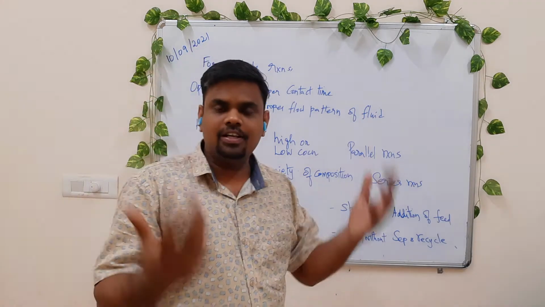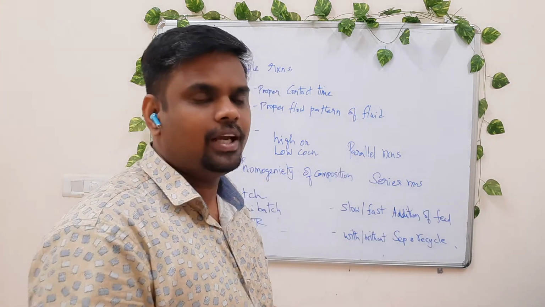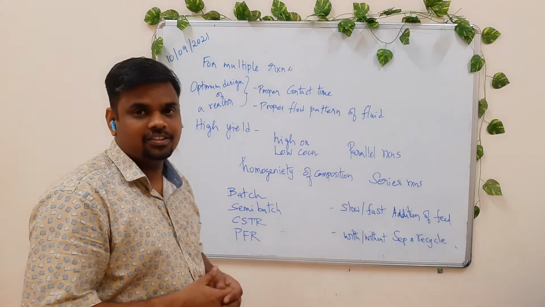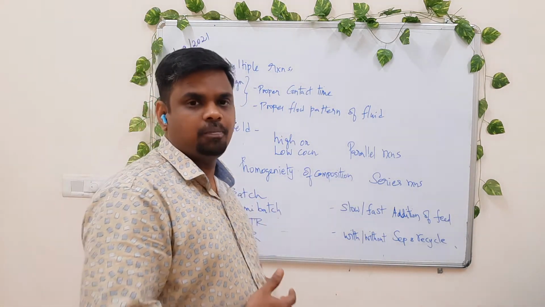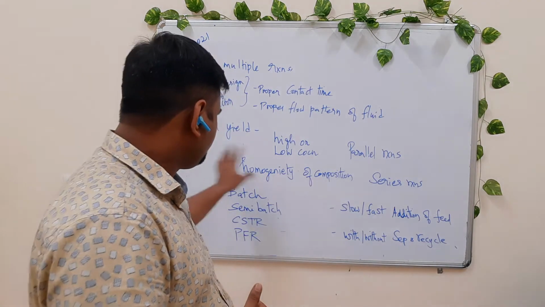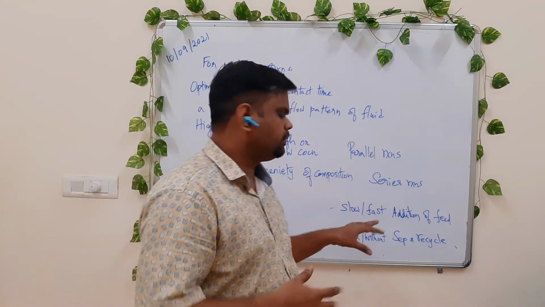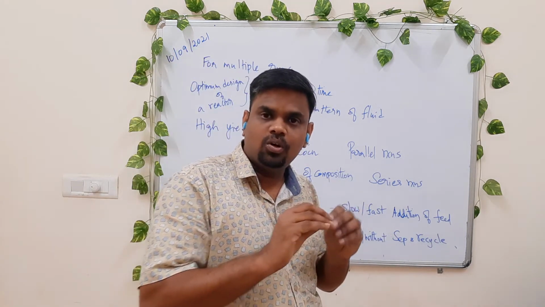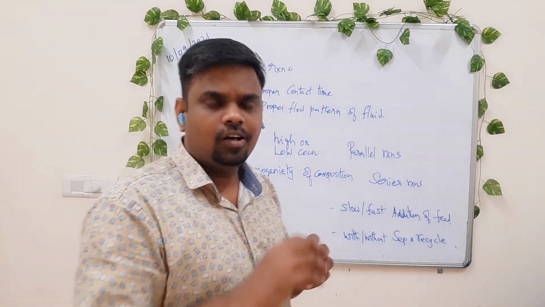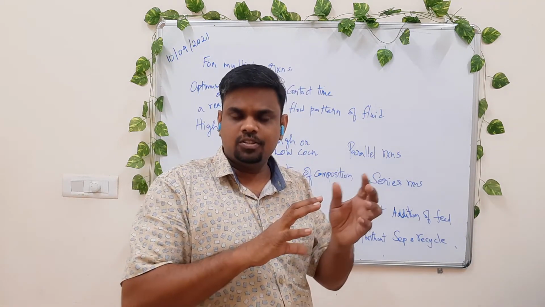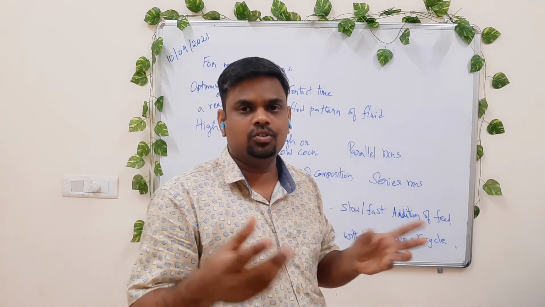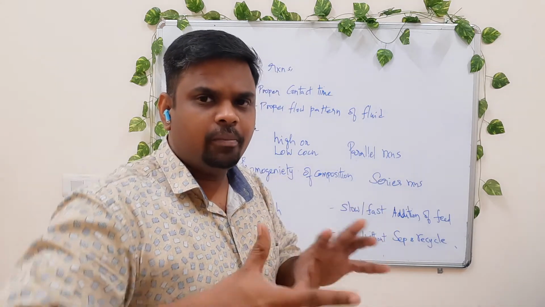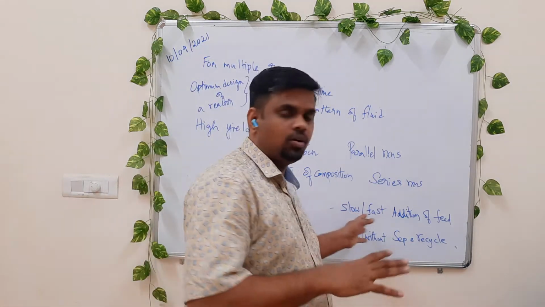Okay, and various reactors can be used for these multiple reactions. You can use a batch reactor, semi-batch reactor, or continuous reactors like the continuous stirred tank reactor or plug flow reactor. In the continuous reactor we have to adjust the reaction rates by either adding one of the feeds slowly, or adding it faster. So how we introduce these feed streams into the system, by maintaining their velocity, lets you control the reactions.